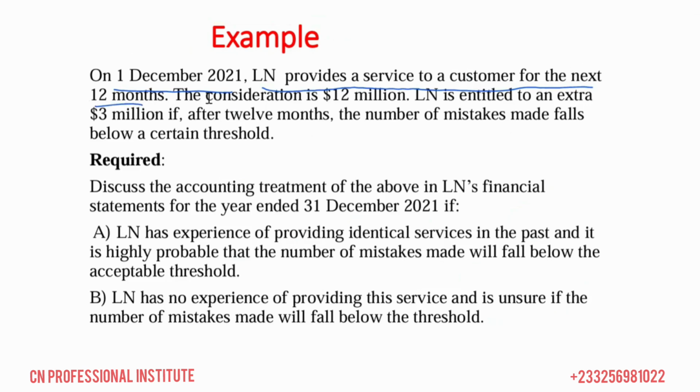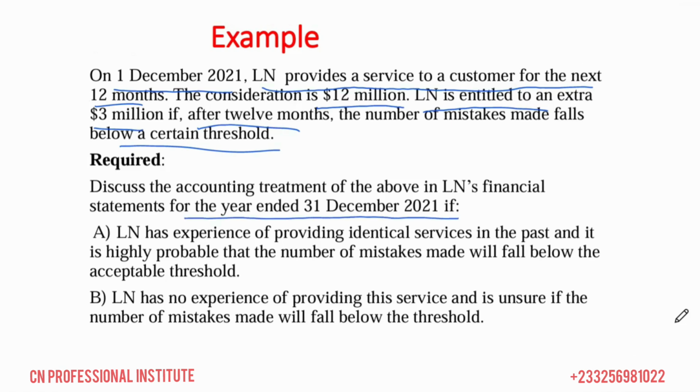The consideration is 12 million. LN is entitled to an extra 3 million if after 12 months, the number of mistakes made falls below a certain threshold. Required: discuss the accounting treatment of the above in LN's financial statements for the year ended 31st December